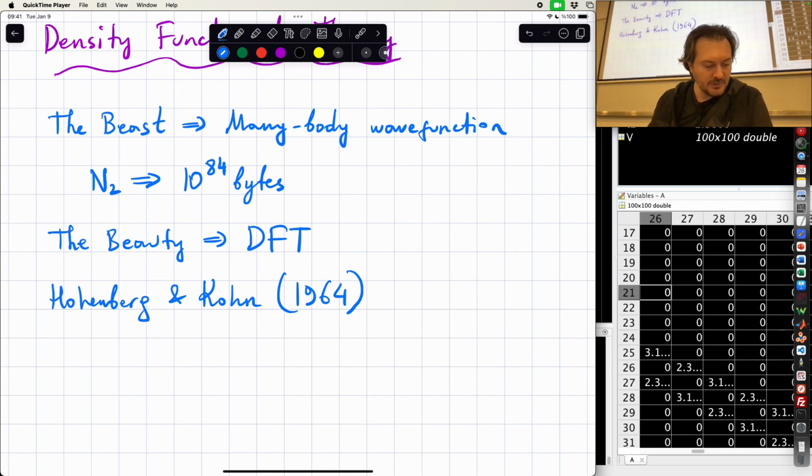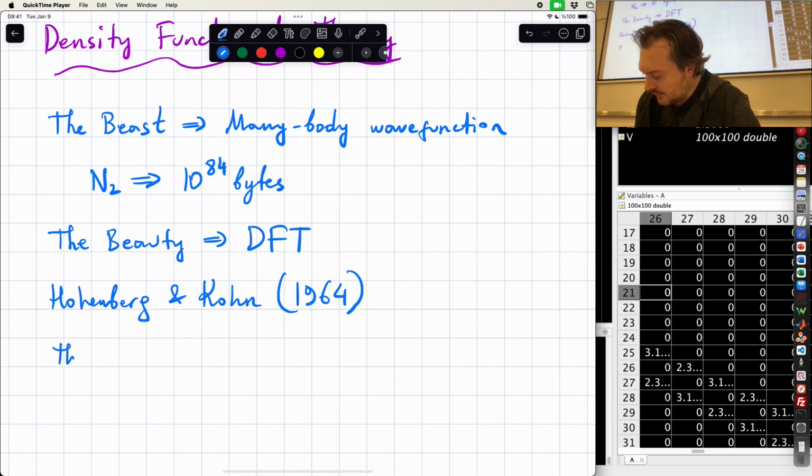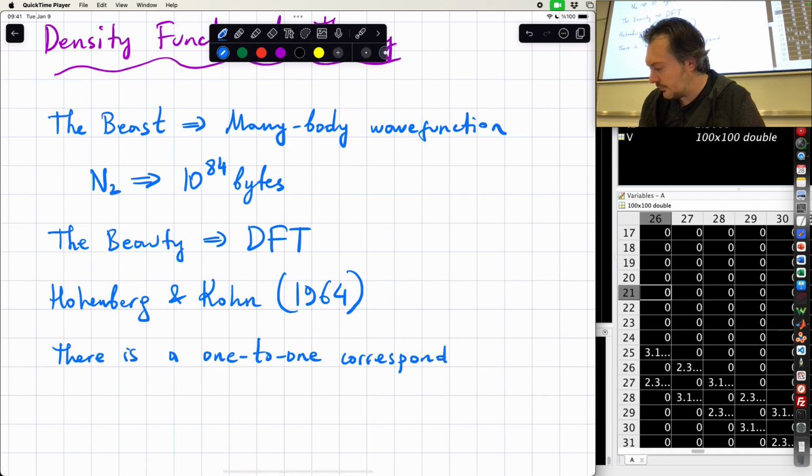Hohenberg and Kohn tell you the following: there is a one-to-one correspondence between the many body wave function